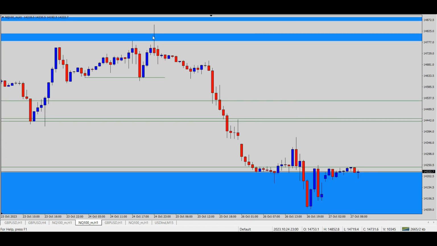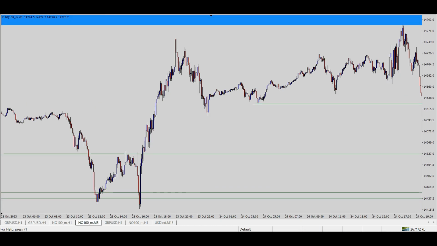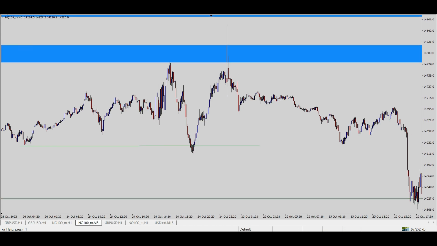The moment price traded into that particular daily fair value gap on this zone right here, all we're waiting for is a reaction in price. And you can see this particular reaction in price because mind you, we're already very short away from the weekly time frame. So a reaction in price, this was all I saw, and I went down to the 5 minutes. I'm just recapping this trade actually for the benefit of those of you that want to see how I took it. So the moment I saw this break of structure right here on the 5 minutes,